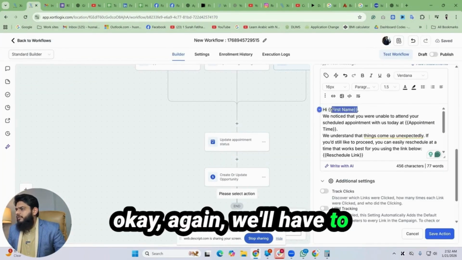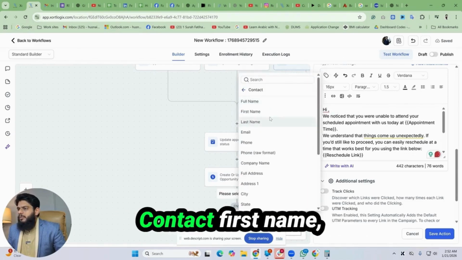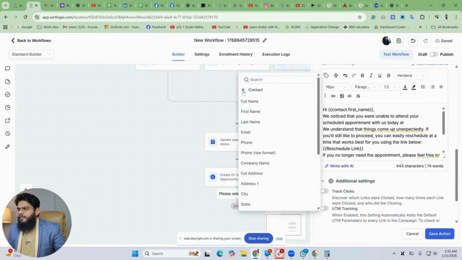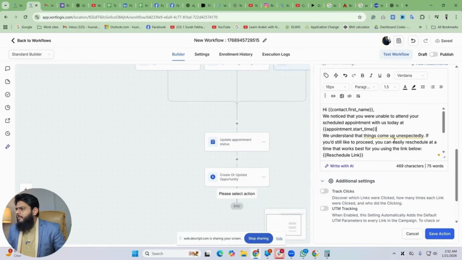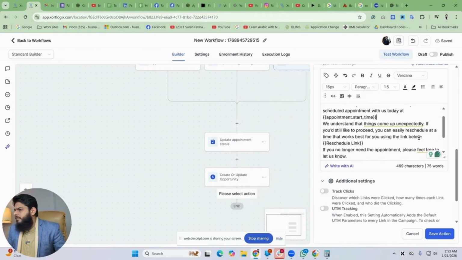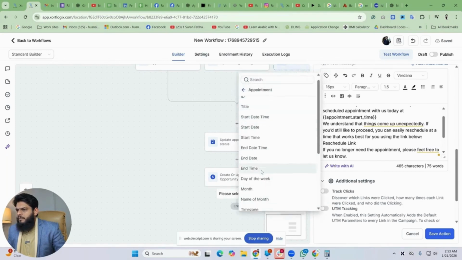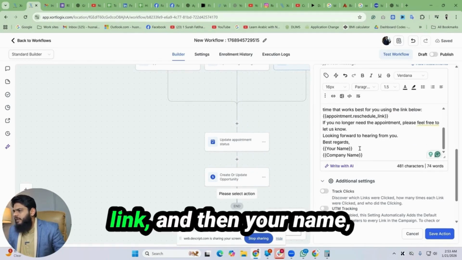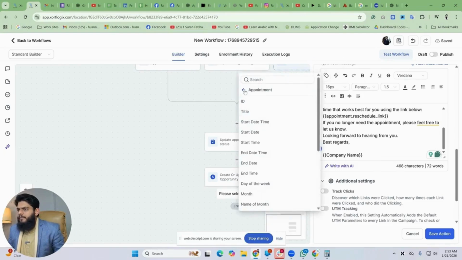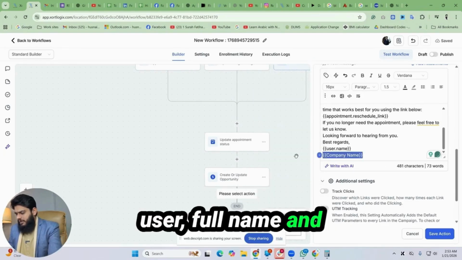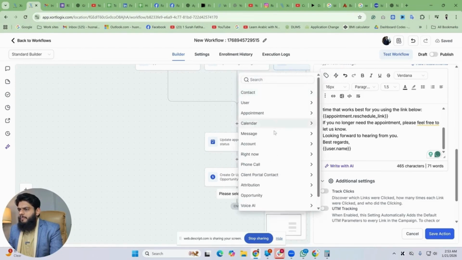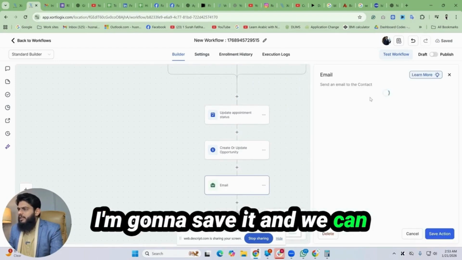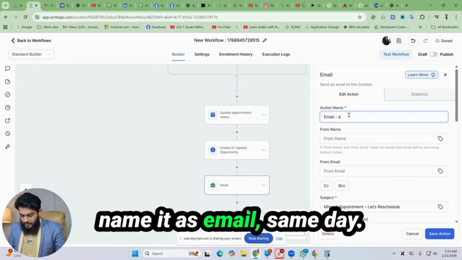Okay, again, we'll have to update these custom values. Contact first name, appointment time, appointment rescheduling, and then your name, user full name, and company name, account name. So that's it. I'm gonna save it, and we can name it as email same day,